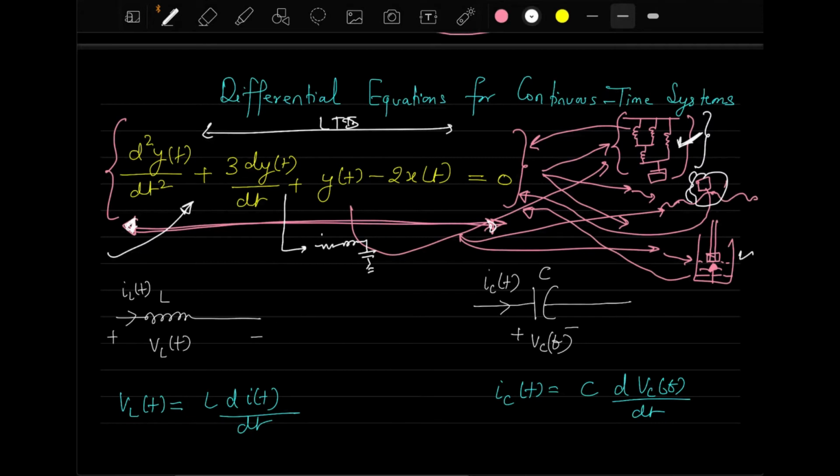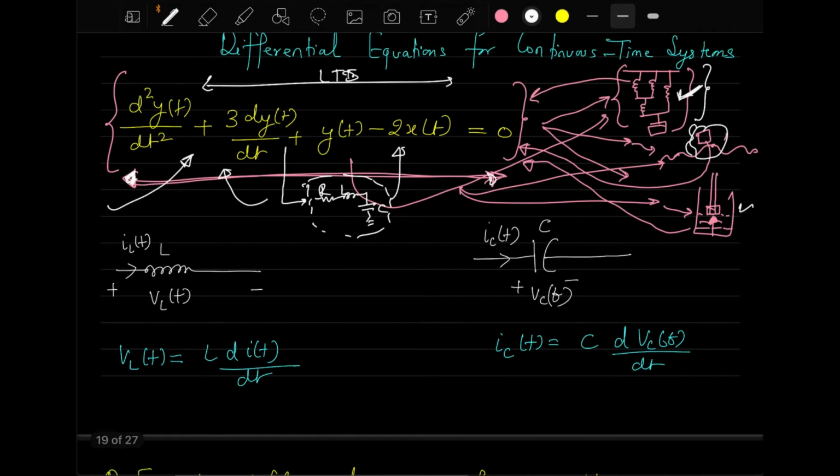As you are all aware of all these circuit examples which are R, L and C, you can easily correlate your intuition for this particular system, for this particular differential equation. So what we will do is discuss basic circuit theory examples to relate how we will be getting these differential equations for that.